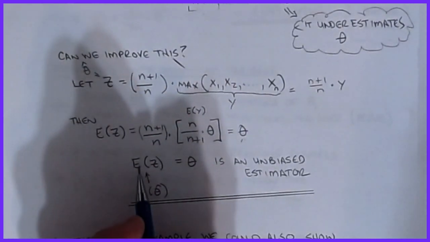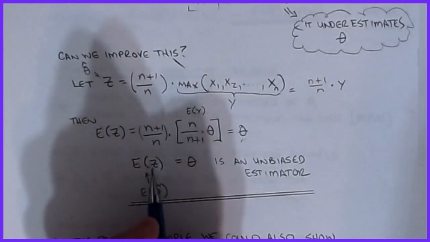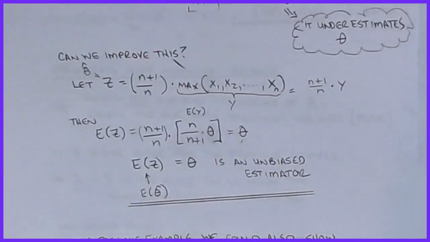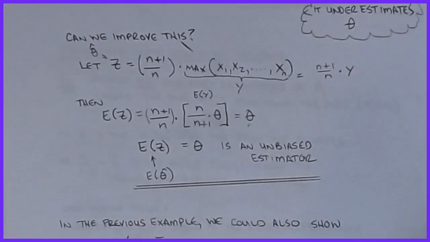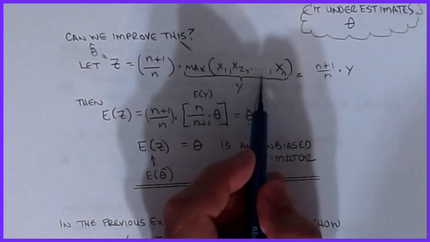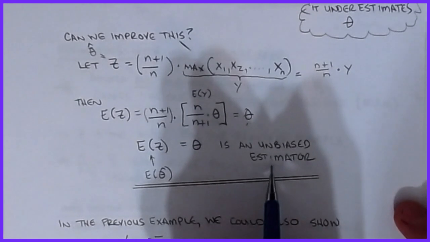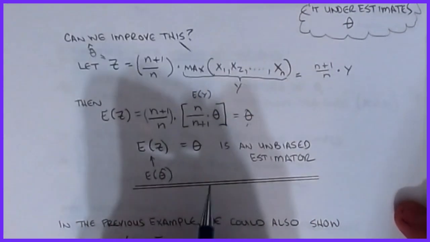Which means that the expected value of z, my random variable z, which was my new estimator, is equal to theta. This is now unbiased. So all I have to do is basically choose the maximum of my sample and multiply it by (n+1)/n, and I will get an unbiased estimator of the statistic that I'm after, in this case,